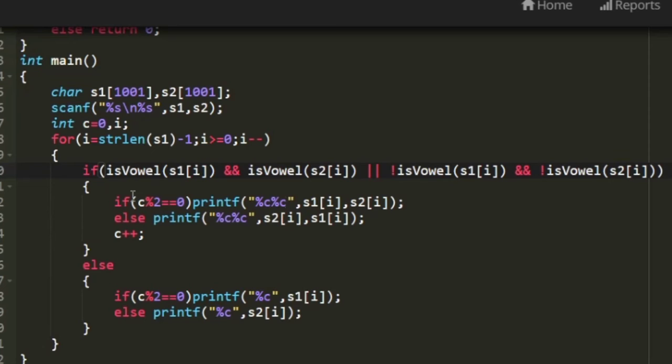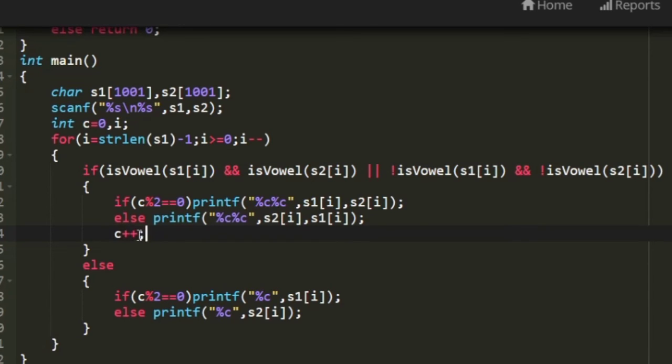And whenever this if condition is satisfied, we would be incrementing the value of c, because if in a particular iteration it moves from up to down, in the next iteration we have to move from down to up. So in order to do that, we are incrementing the value of c.